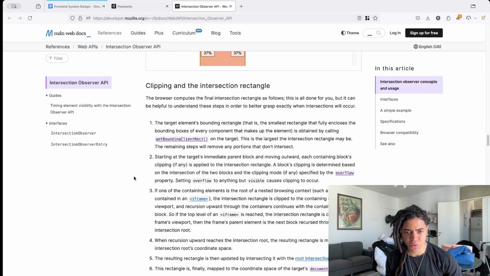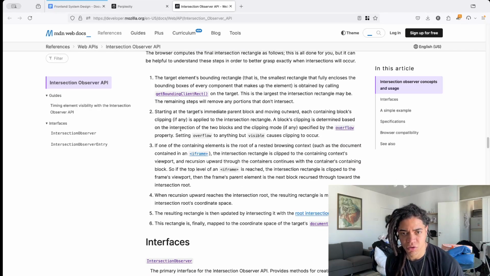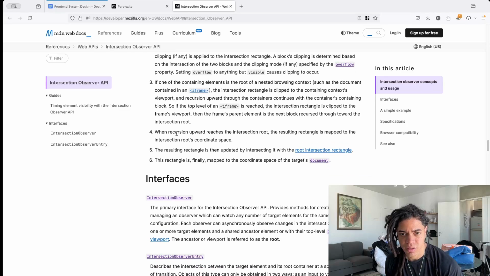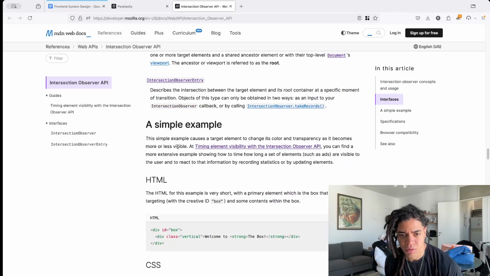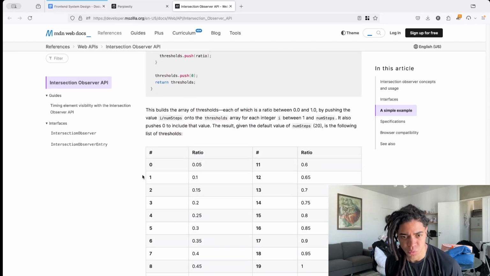So this is also to understand ourselves, clipping and the intersection rectangle. The browser computes the final intersection rectangle as follows. Starting with the target element, if one contains an... Okay. So, because we know